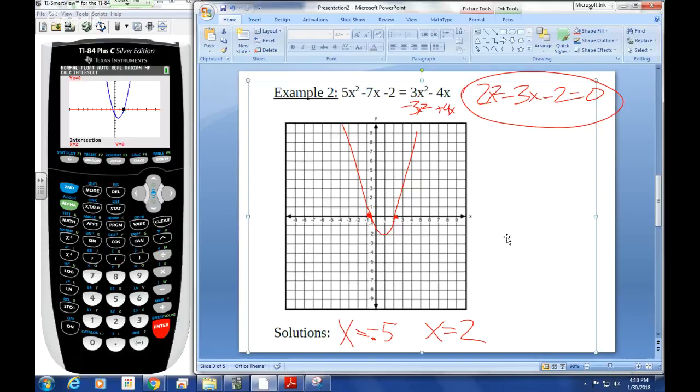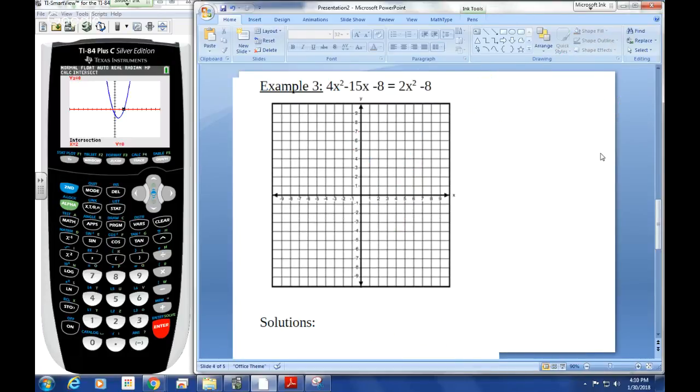So we still got 2 more examples. Let's look at this one. So here we have 4x squared minus 15x minus 8 equals 2x squared minus 8. So in order to get this how we want it, we want to subtract 2x squared from both sides. And we want to add 8 to both sides. So then we just end up with